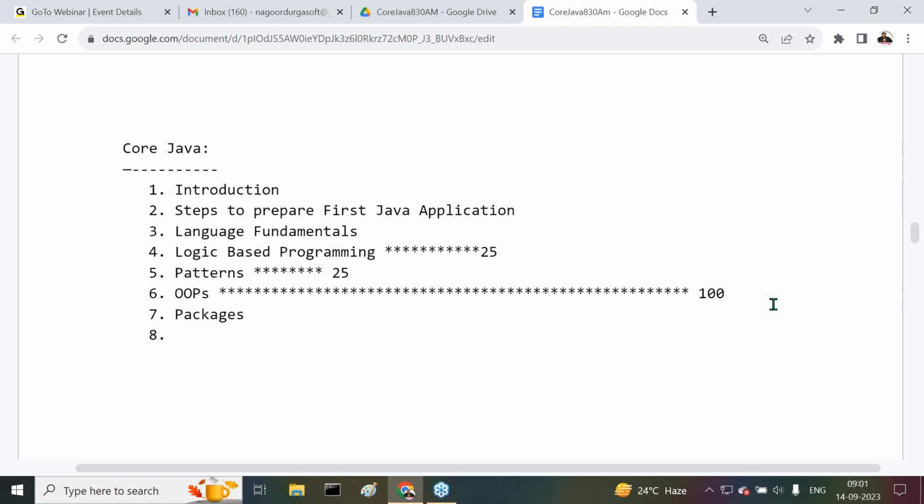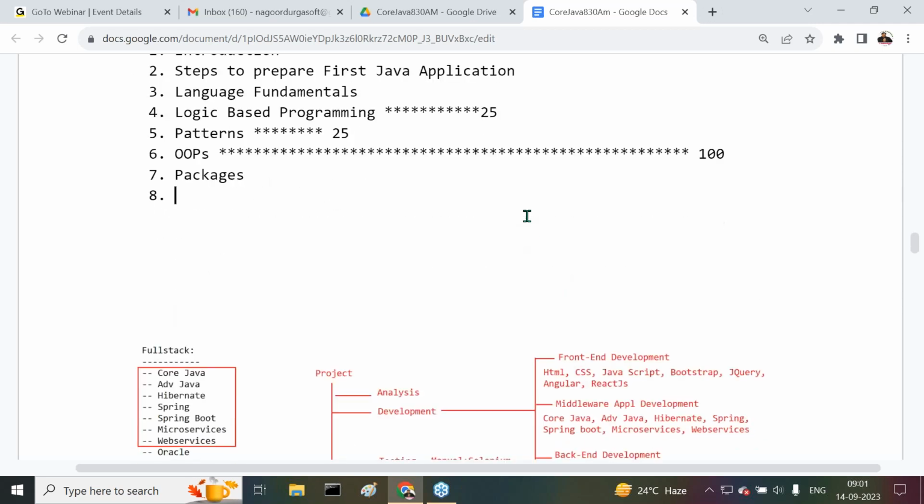How to prepare a jar file with our content? How to prepare an executable jar file? Like this, we are going to understand very good content inside packages. The purpose of packages we can identify here. All right, after completion of packages,